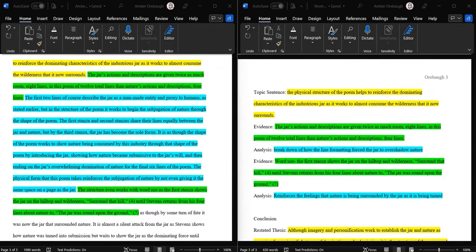I almost bring in my second piece of evidence as something to reinforce a statement that I already said, instead of taking that evidence and ripping it apart as you would normally expect in a literary analysis. Once I've made it to this point in my actual analysis, I've gone over most lines and I'm really just driving my final point home about how these dominating and subjugating forces are working, how the dichotomy of power structures is being used within this poem to defend my interpretation, right?